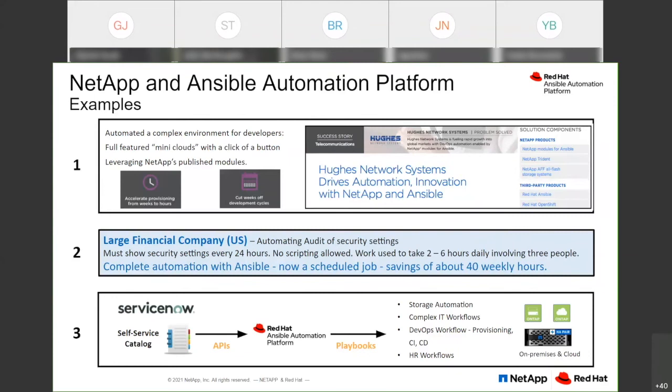So that's one example. How do you start? It's a little bit challenging, but then they realize that they can do more and get the appetite to really scale. The second example is a financial company that needed to cover the storage as part of their end-to-end security